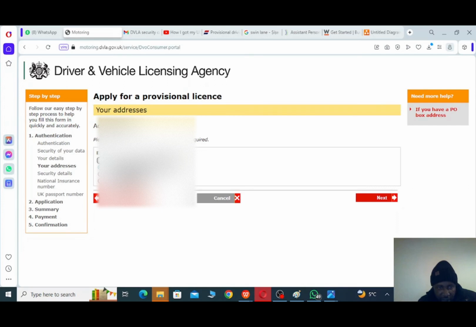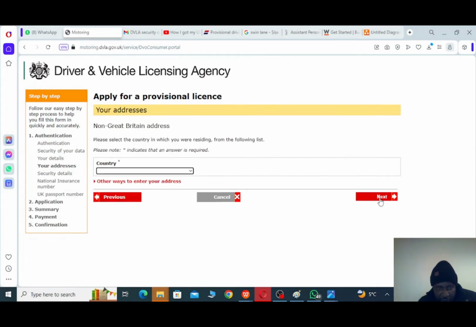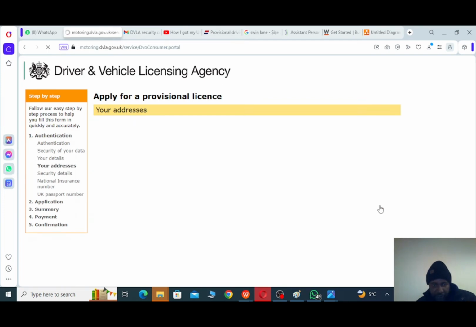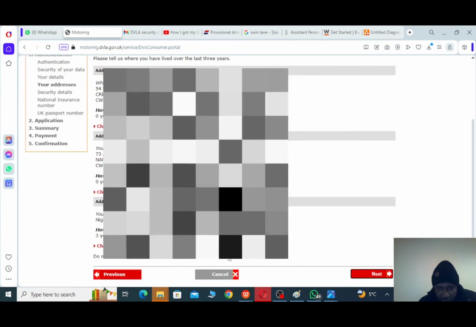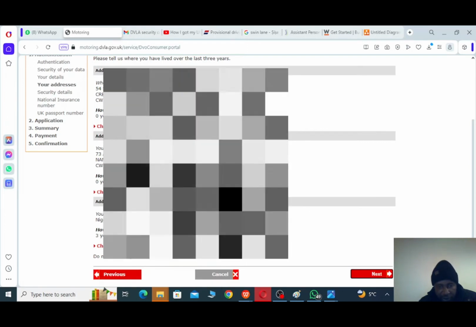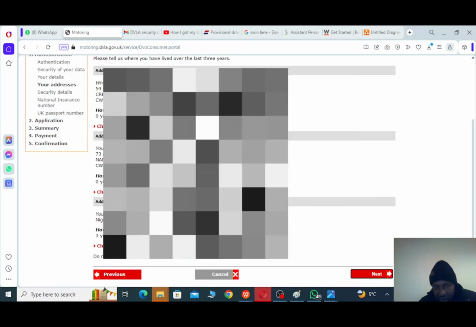So I think that option didn't work. So I'm going to use a non GB, that's Great Britain, address. So I'll choose this option. Click next. And I'll choose my country. Next. You say, how long did you live there? So I'll put the duration. I'll click next. So once you get to this page, wherein your 3 previous addresses plus your current address have